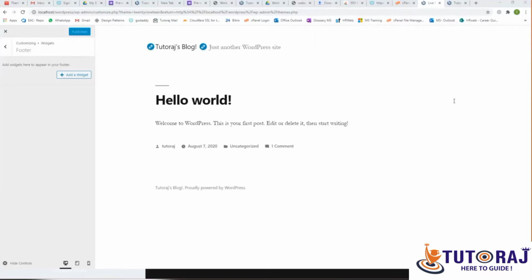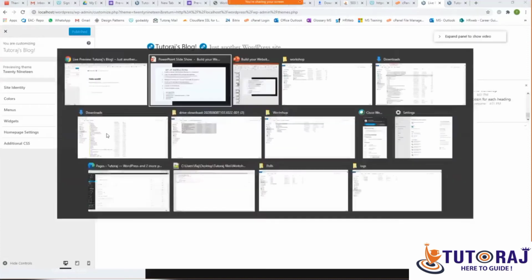If you don't have an edit option, let me show you how to handle that. If you don't have an edit option, you will have something like this. All you will have to do is to go into the widgets. You will have this custom widget. For those of you who did not see an edit button there, you will have to simply click on widgets. You will have a footer widget there. You will have these things listed. Just click on delete or remove and click publish. So once this is done, I think the theme's installation is complete.